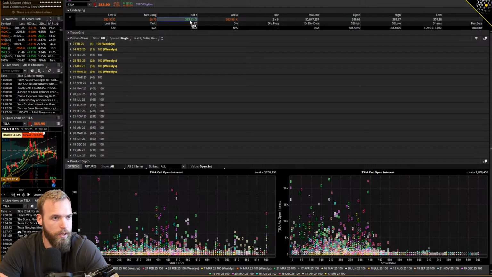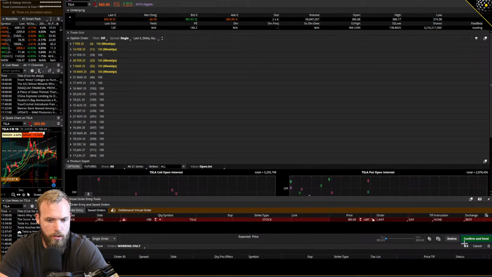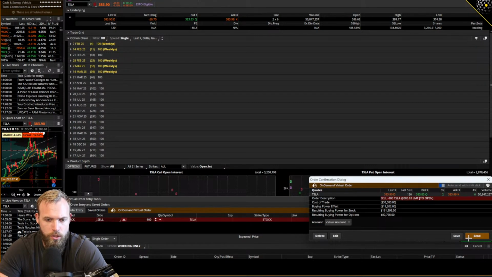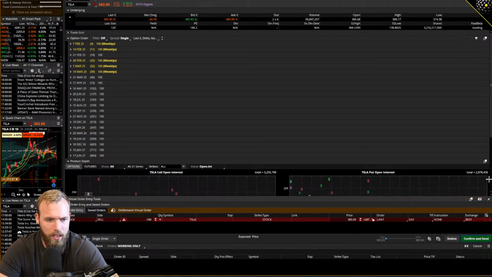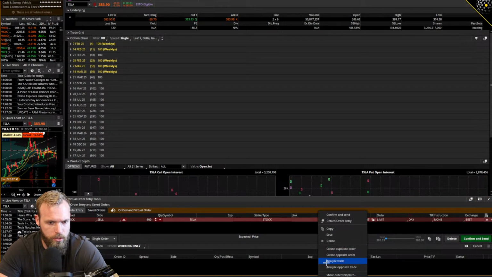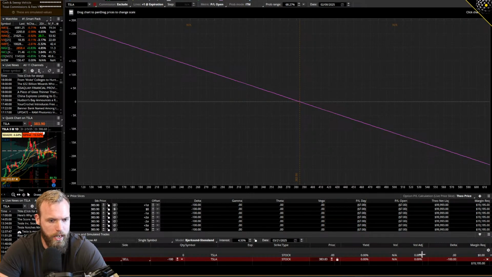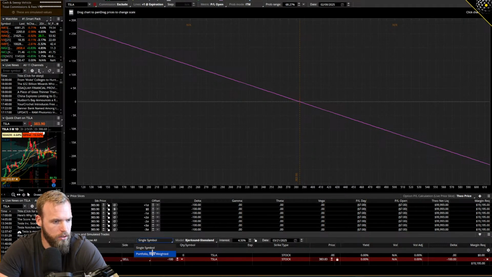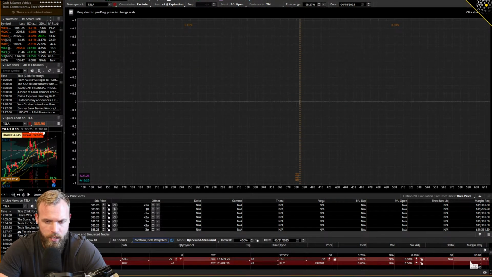First thing, we could take a look at just selling shares. Let's see how much this would cost. I think this is Regulation T. Yeah, this is taking 20 grand. It's Regulation T, so this is not like a portfolio margin account. But what I'm going to do is actually add it to analyze, and then we'll take a look at this from a portfolio lens. We've got to get rid of the old stuff that's in here quickly.